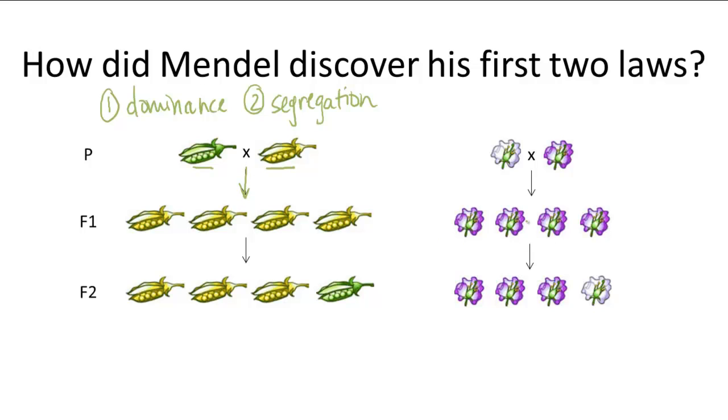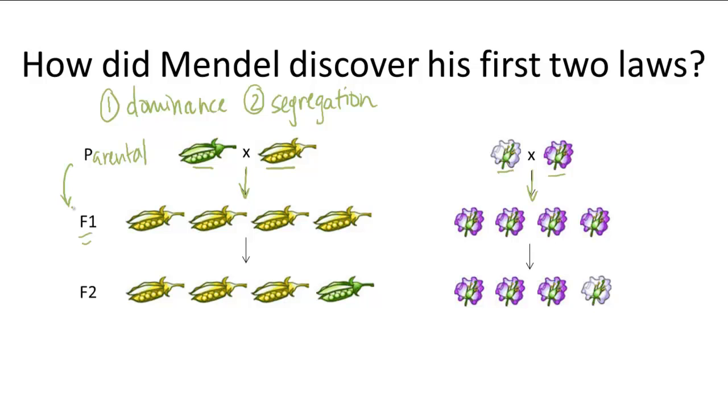And when he crossed pea plants with white flowers versus pea plants with purple flowers, the offspring would only have purple flowers. And this is known as the parental generation. And this is the F1 generation, or the offspring of the parental generation. So when Mendel first observed this, he thought, oh, maybe those traits just disappeared altogether, and that's why they didn't